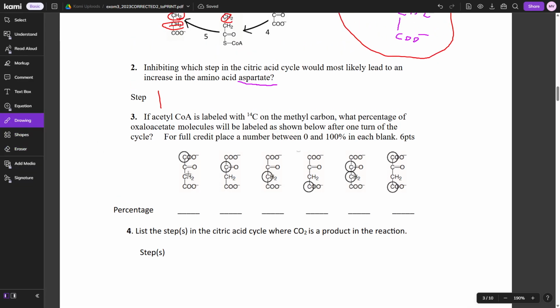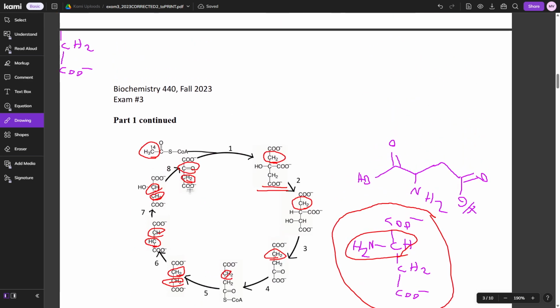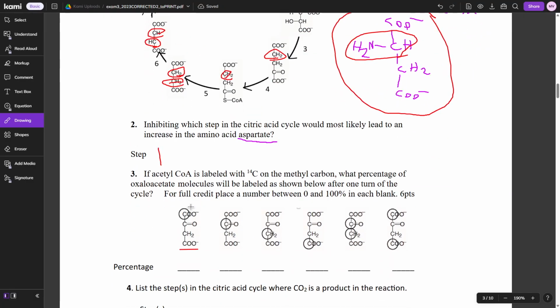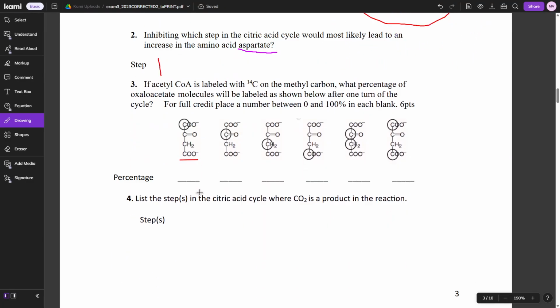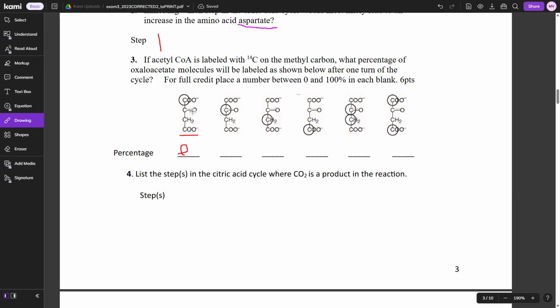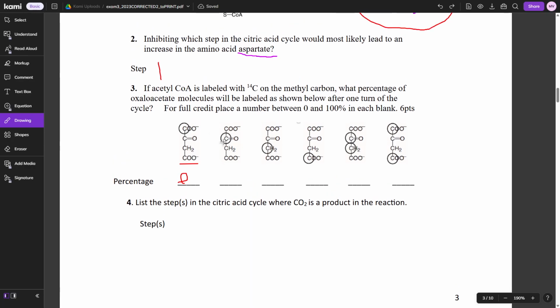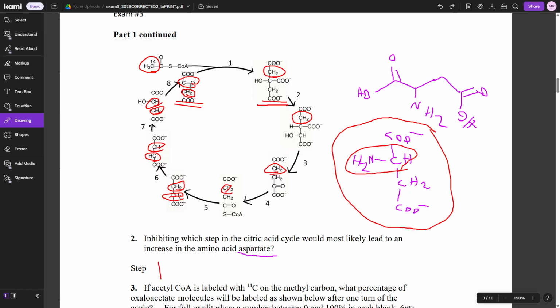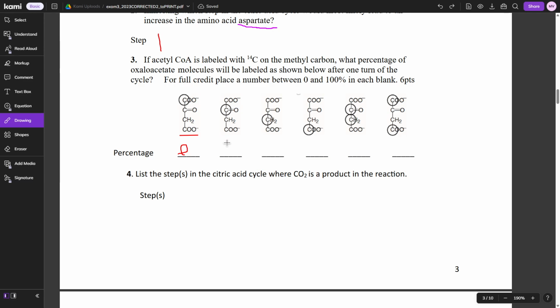what is what. So is there a case where I'm going to have oxaloacetate labeled like that? Well, if we go back and look at what I drew up here for oxaloacetate, there is no situation where this top carbon is radiolabeled, right? So this is 0%. And you technically should put percent here because they're sticklers for that, but I'm not going to because I'm lazy. This here, is there a situation where I'm labeling that carbonyl? Yes, and one out of the two possible labels is that carbonyl. So I expect this to be 50%